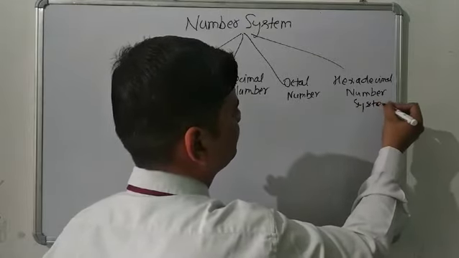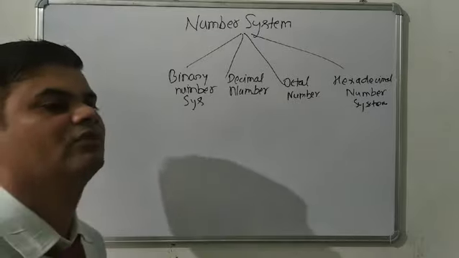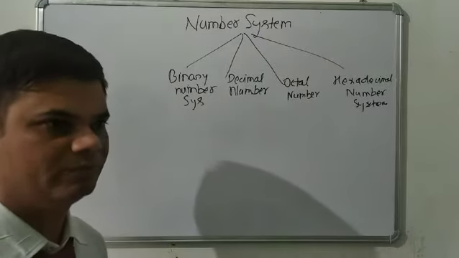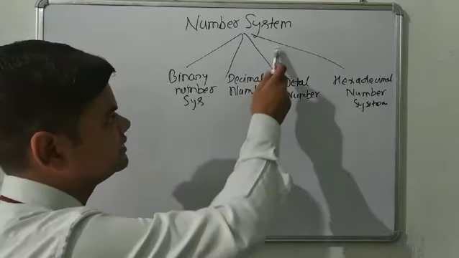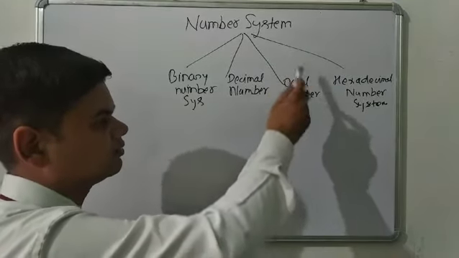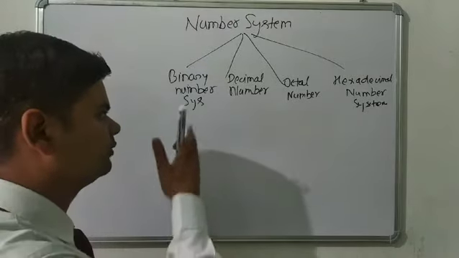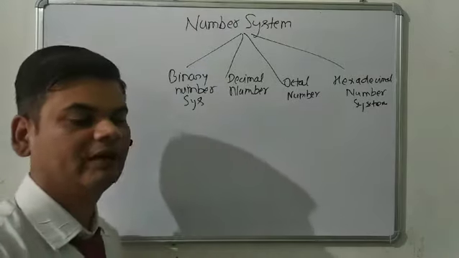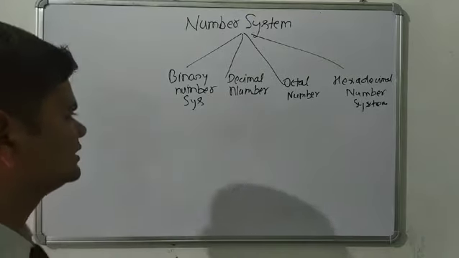Okay, so what is number system? Number system is a type of system of numbers which are used for calculation. Basically it has four types. The first is the binary number system, second decimal, third octal, fourth hexadecimal. Now we have to discuss all four one by one, and then we have to discuss the conversion of numbers. Okay, now in a binary number system, basically